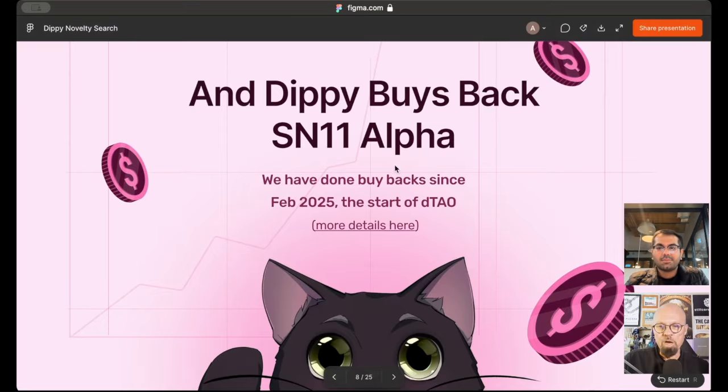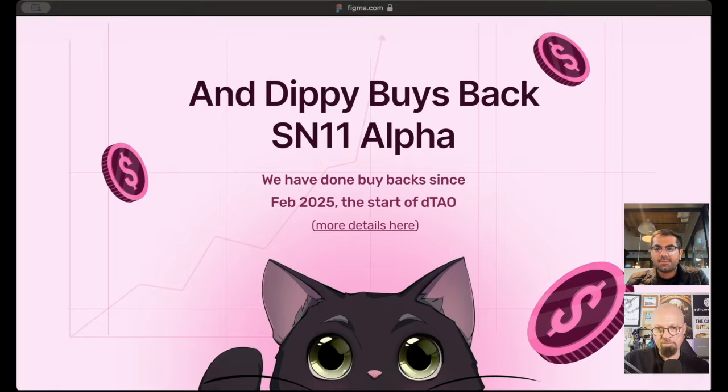Have you revealed what percentage of your revenues are going to Subnet 11 buybacks? Yeah. So early on, we were actually pouring in all the app revenue to buybacks. So in some months, we were pouring in like 50, 60K a month in buybacks. We realized that didn't make much sense. We were a model training subnet at the time.